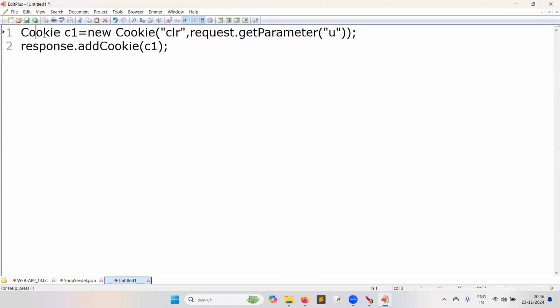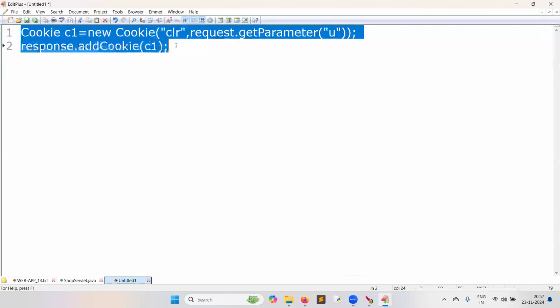Any user-entered input that you receive server side, you want to send explicitly to the browser as a name-value pair. The Cookie class constructor takes two arguments, name and value. This is the cookie name and this is the cookie value. It means the user entered some preference, I am converting it into a cookie and adding it to the response object.